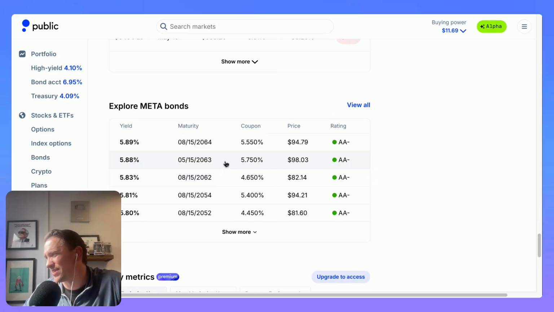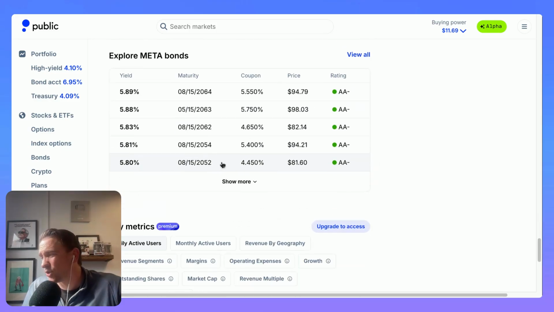So I just think, by the way, this is so cool. Let's say you're really long Meta and you own Meta. Well, why not check the bonds too, just to see? Because you might find that sometimes the bonds just make more sense. Meaning you can buy these Meta bonds with a 5.5% coupon, 5.89% yield, or you can